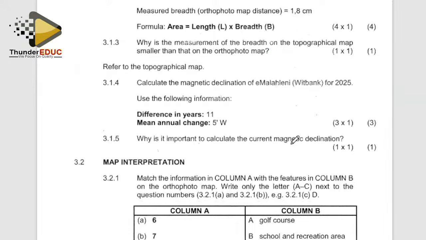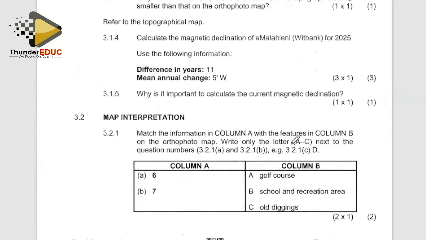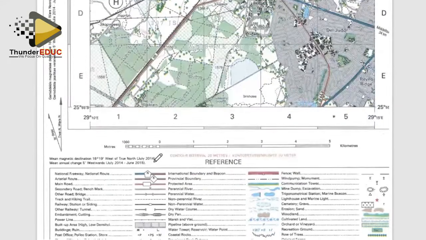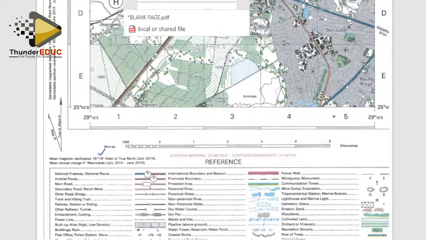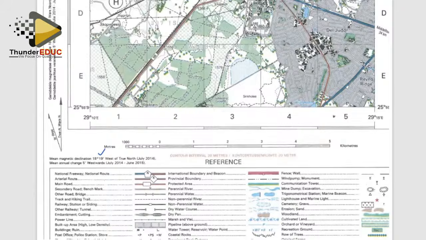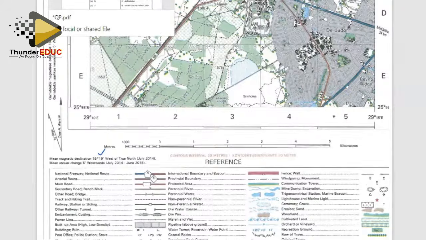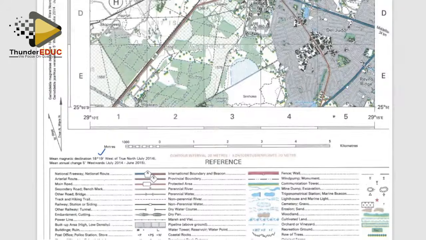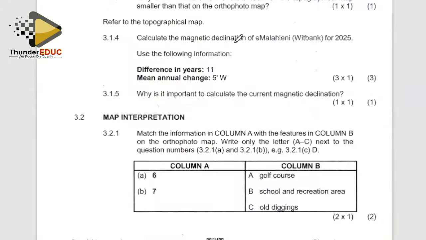3.1.4. Calculate the magnetic declination for Emerald Wheat Bank for 2025. We are told on the map, what is the map information? We are told that in 2014, the declination angle was 18 degrees, 19 minutes, according to the map information. So we are going to use that map information for us to get the declination in 2025. It is saying the declination angle for 2014 was 18 degrees, 19 minutes. So it's 18 degrees, 19 minutes for